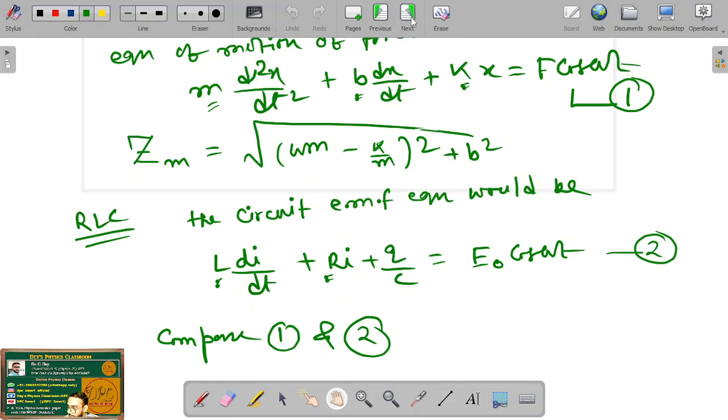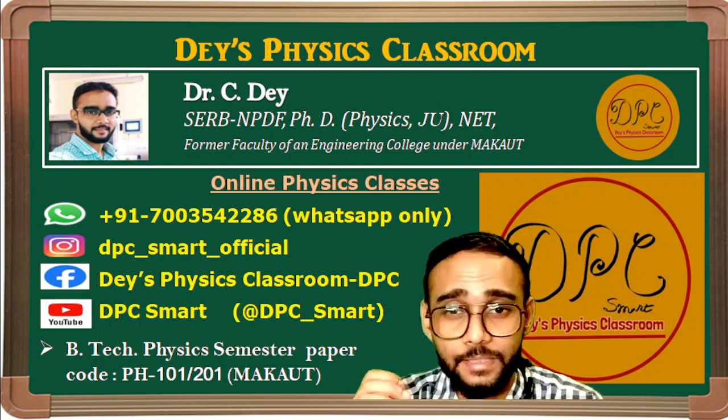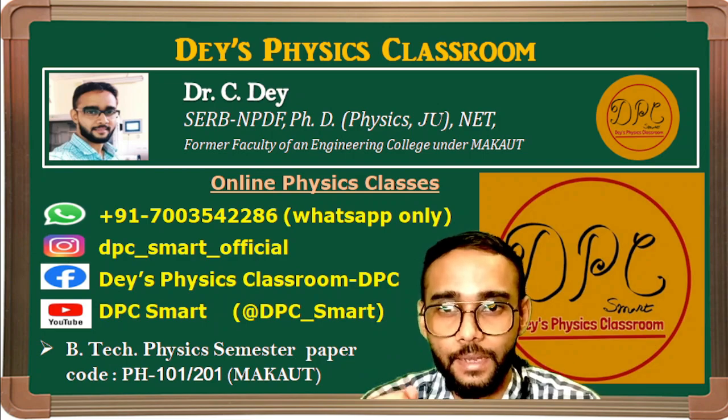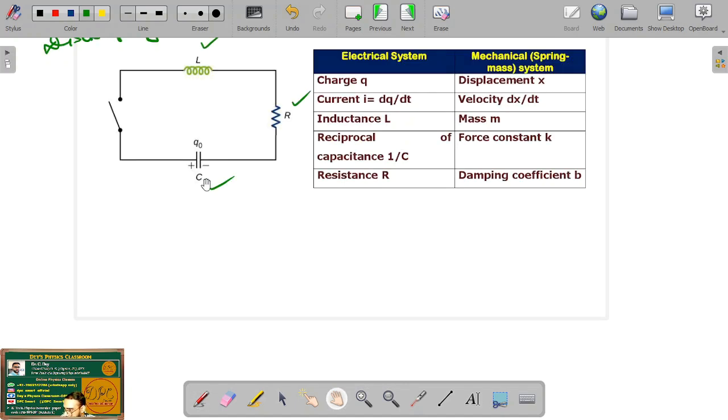From there you have to write all these analogous quantities, and that would be the answer. We will find out the analogy between discharging series RLC circuit with damped vibration. This is the discharging series RLC circuit where L is the inductance, R is the resistance, and C is the capacitance. So this is the circuit for discharging series RLC system. That means after applying a voltage to the circuit and charging the capacitor, the voltage has been